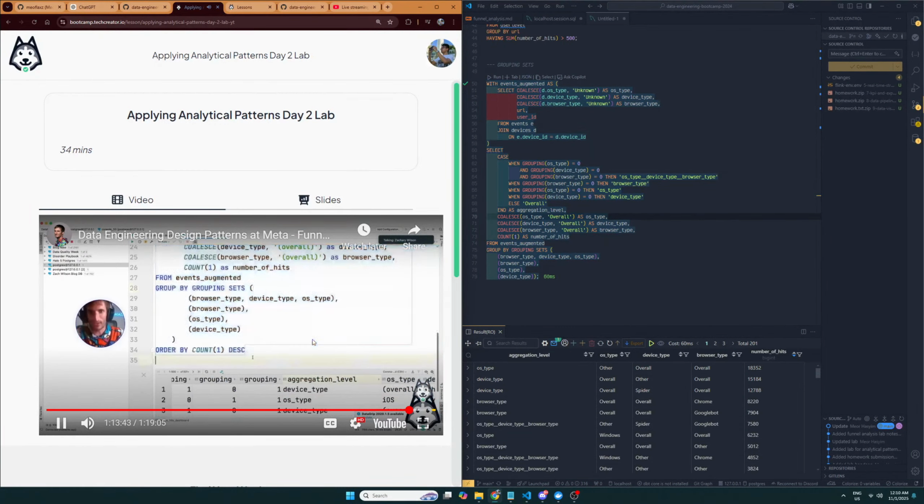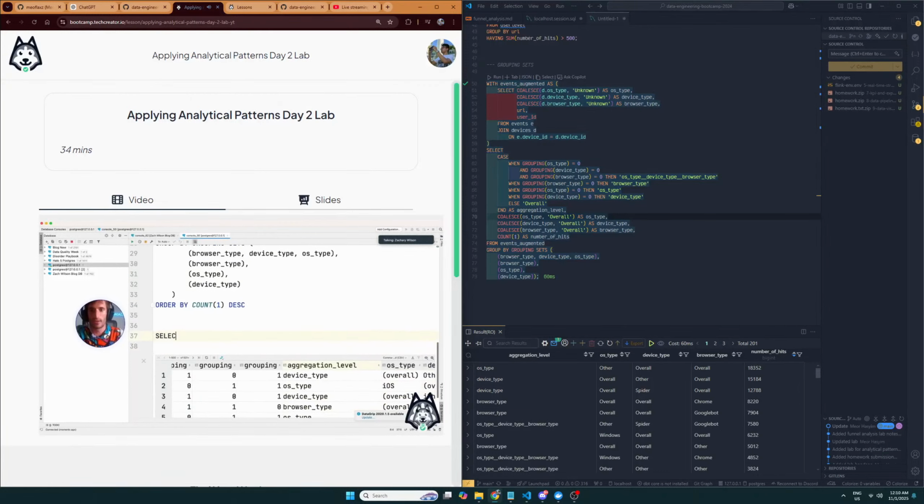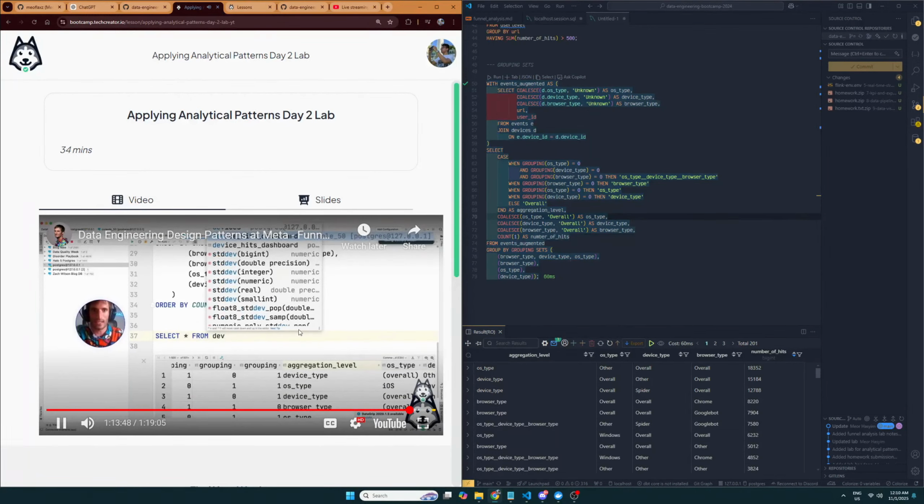Okay, so now we have our table. So in this case, I say select star from device hits dashboard, where